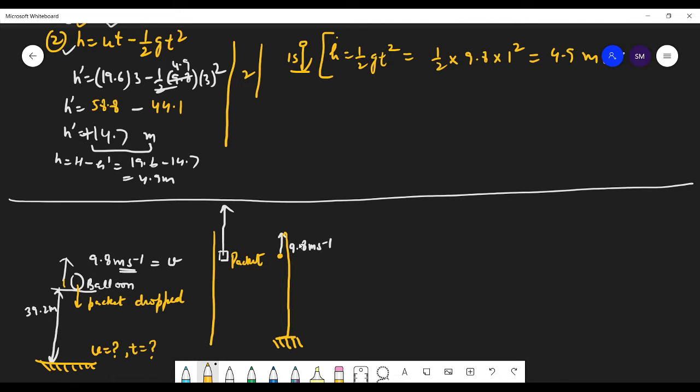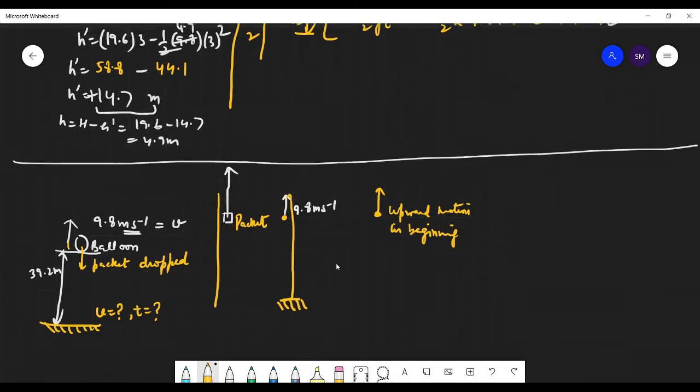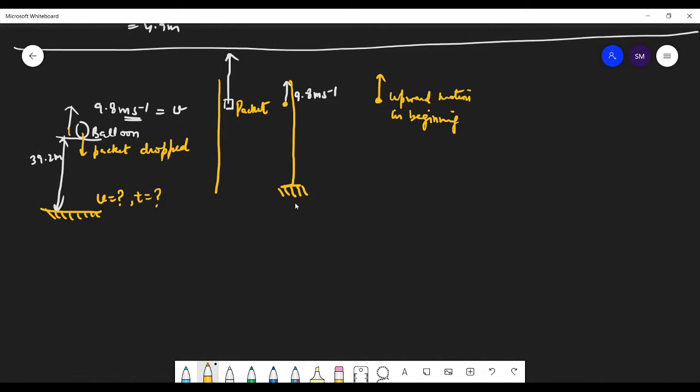It's clearly seen that the motion is in the upward direction in the beginning. So this is the case of just throwing up. So this is upward motion in the beginning. You are not supposed to worry about what happens after some time, because the assumptions that we have taken are upward motion or downward motion as the motion starts. So the direction of motion we will take as positive, and the downward direction we will take as negative.